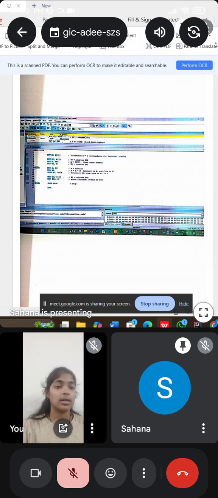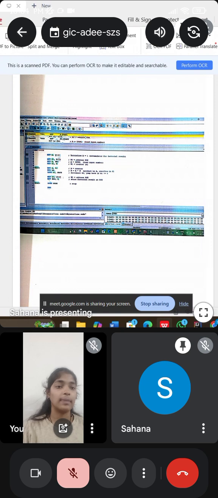And MOV A, @R0 loads the number stored at the address into A, and MOV R1, A copies the value of A into R1. R1 now acts as the counter of the factorial loop. And back: MOV B, R1, MUL AB,